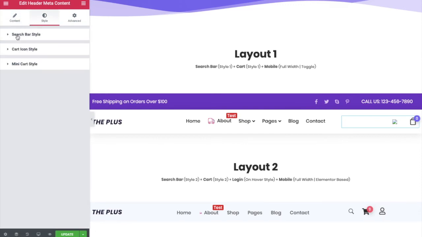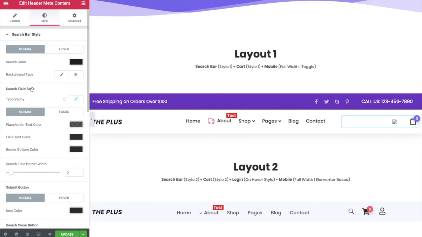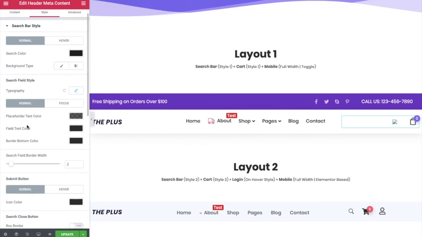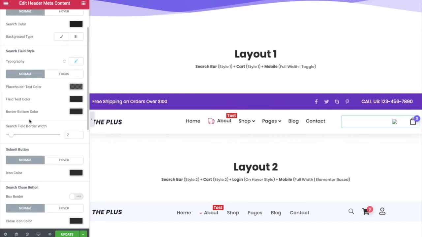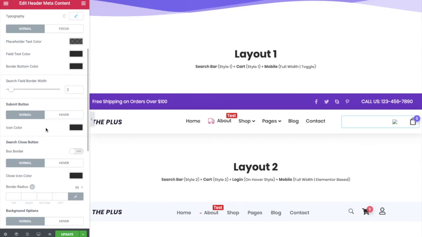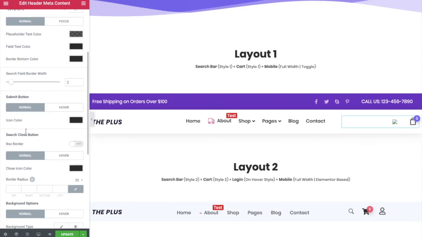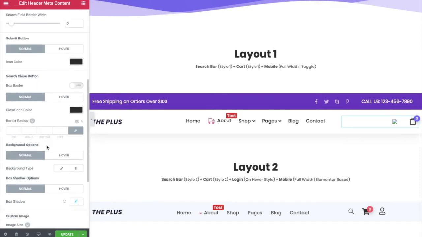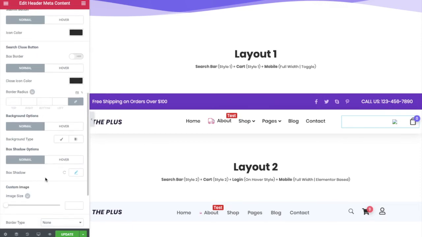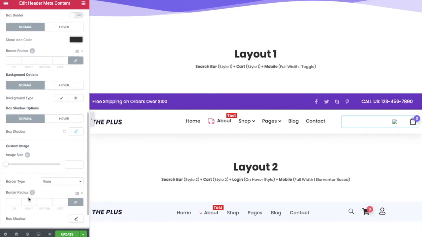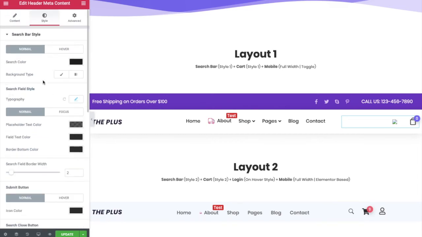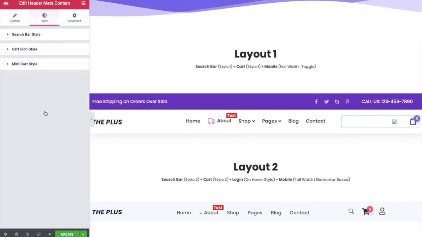If you go to the style tab in a search bar, you will find there are different cosmetics and typography options available, like search color, the background color, typography, placeholder color, and so on. You also have a submit button color, because in some styles there is a submit button and a search close button. So all the options are available over here, with the box shadow, custom image size, the border radius, box shadow, all the options related to the search bar for normal and for hover conditions. Now let's look at